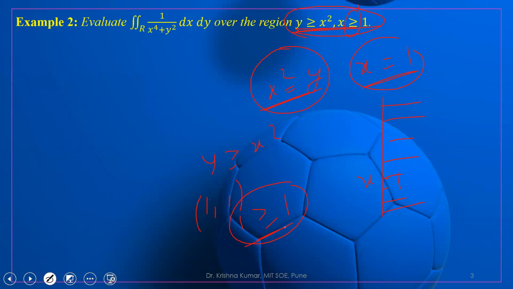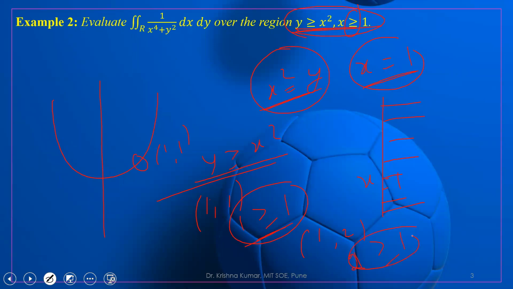So this parabola contains, suppose we write down the parabola like this. So this is the point (1, 1). So (1, 1) is on the parabola. Suppose we take (1, 2). So y is equal to 1. Sorry, y is equal to 2. So 2 is greater than or equal to 1, so this is also okay.